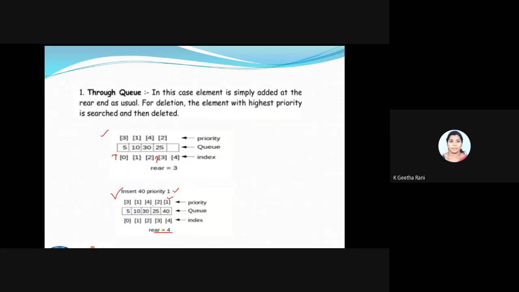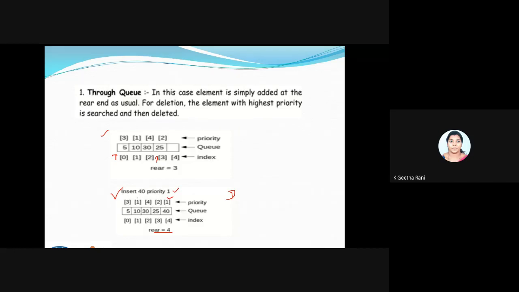Fine. So you can see here, this is the current value structure. Now I'm going to perform the delete after the insertion of this. This delete deletes only the highest priority. So what is the highest priority here?